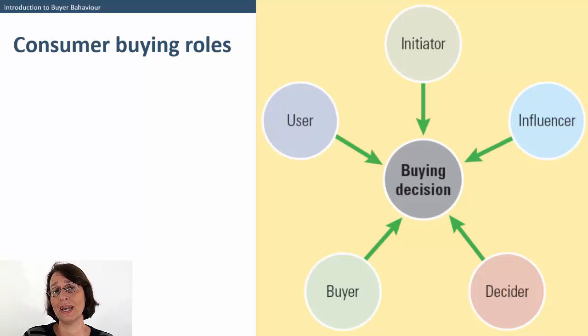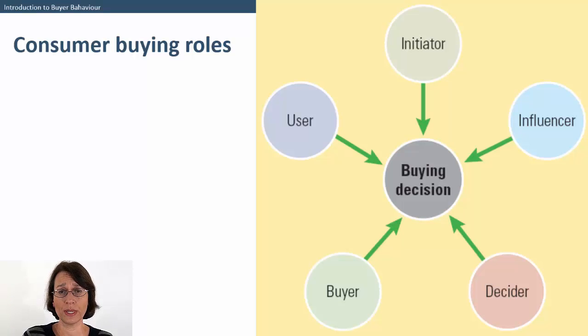The influencer might be the initiator. It might be someone else in the family. So mum might be the initiator, the dad might be the influencer who says, no, I don't think so, we don't have enough money, we already went on holiday. But it's important for you to have an understanding about who the influencer is and who the initiator is. And breakfast cereal companies are very, very good at this. So they know that their cereals have to appeal to mum and they have to appeal to the children. So a lot of work goes into the packaging in reinforcing the messages around nutrition and health. And then a lot of work goes into making the packages funky and fun so that the kids pick them up off the shelves.